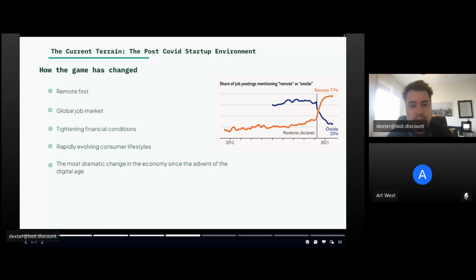I also think the good thing about tightening financial conditions is it means that a lot of these bigger companies are going to be spending less and less money trying to compete with every startup that comes up. They're just not going to have the money to invest in different initiatives that aren't their core product. So I think it opens up the opportunity for startups to really gain a lot of ground against bigger players in the space, because those bigger players are consolidating their workforce, they're consolidating their focus, and they're less likely